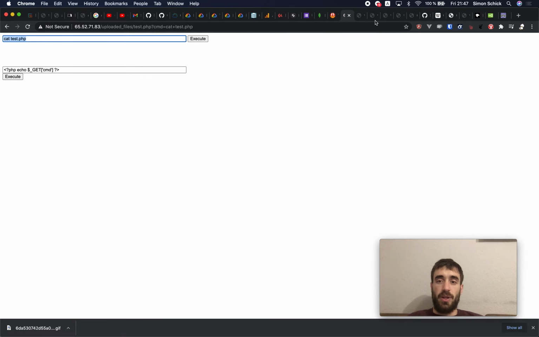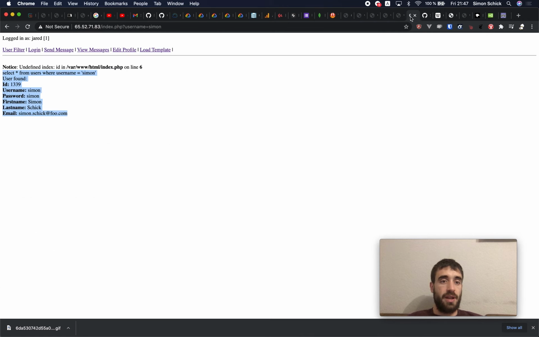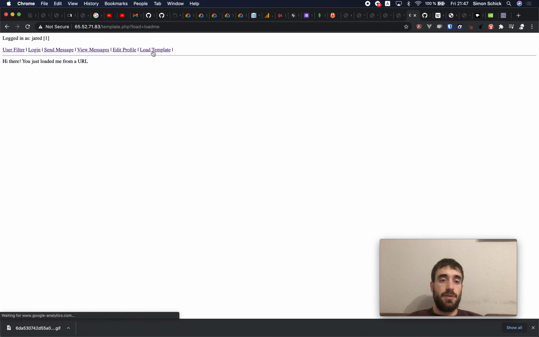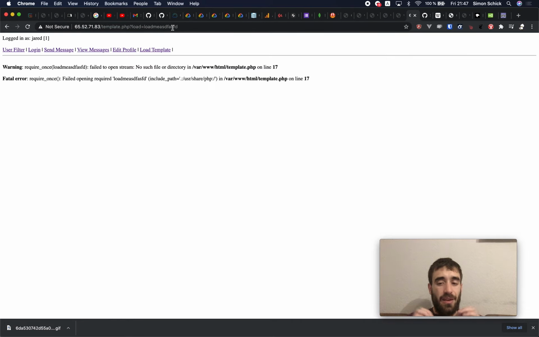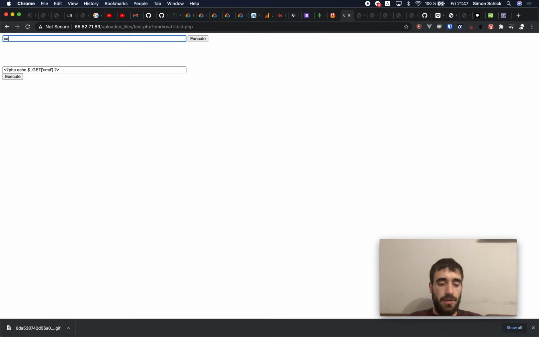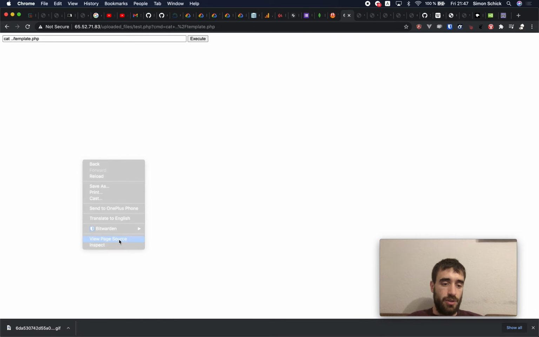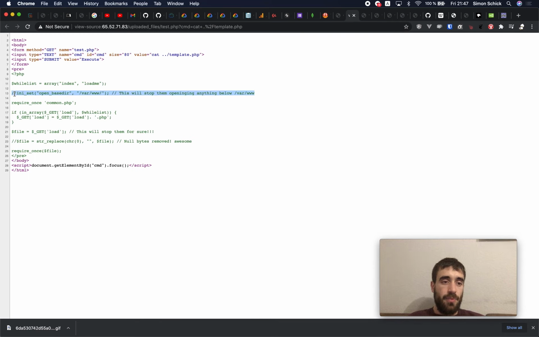The next thing that we did was this remote file execution, right? If you provide a place where the user can provide input on which file he wants to access, you should also limit the files he can access. For example, here in the template.php, if you have looked at it in the source code, it already had the correct